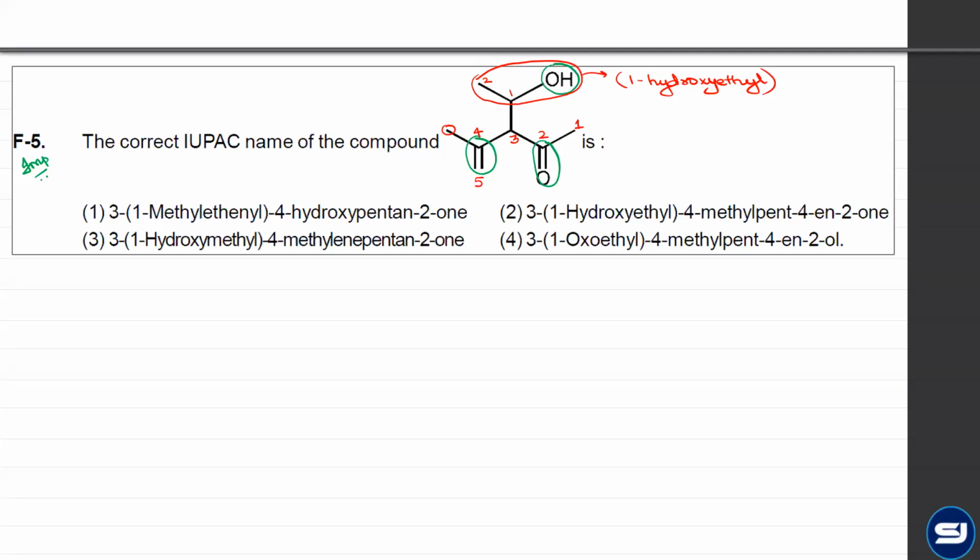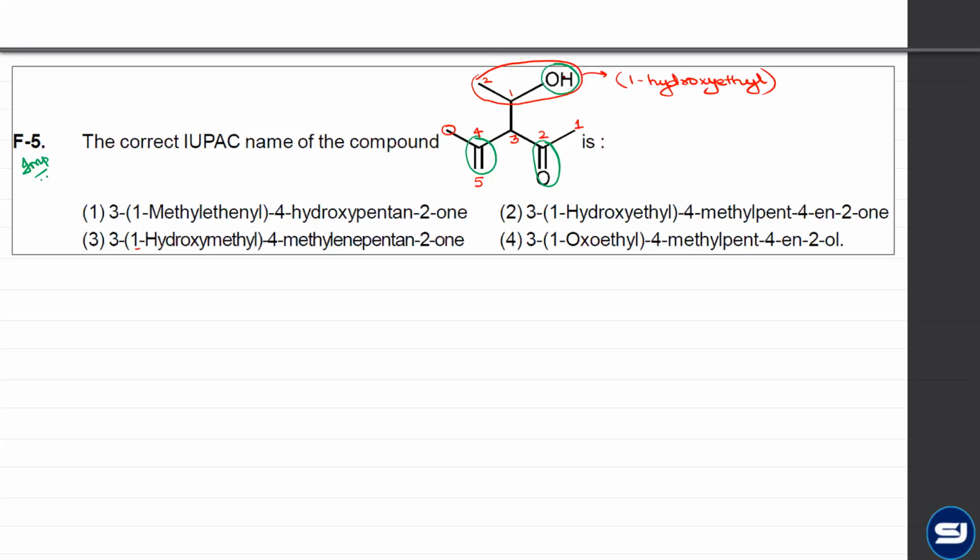So on the third carbon we have 1-hydroxy ethyl as a single substituent, which is written in the bracket. Bracket is important because ये 1 जब वापस ब्रैकेट में लिखेंगे तो ये 1 कौन सा है? Is it this one of the parent chain? No. That is why यहाँ पर ब्रैकेट में लिखा, मतलब ये थर्ड कार्बन पे 2 कार्बन का चेन है